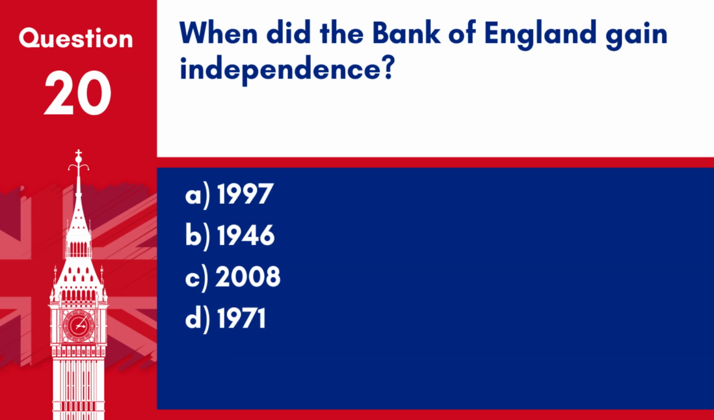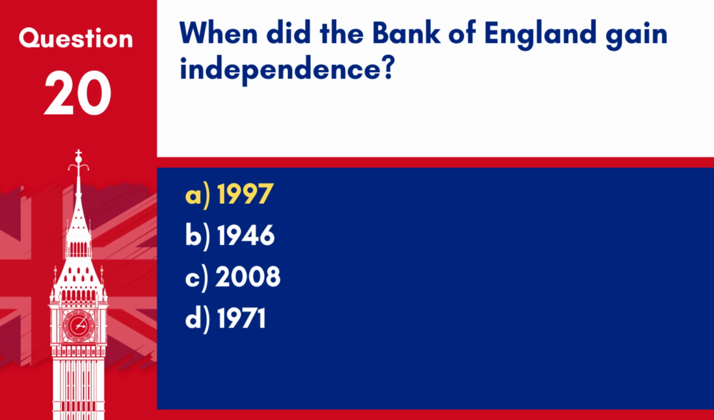Question 20. When did the Bank of England gain independence? A. 1997. B. 1946. C. 2008. D. 1971. Answer: A. 1997. The Bank of England gained independence in 1997, granting it the authority to set interest rates independently of the